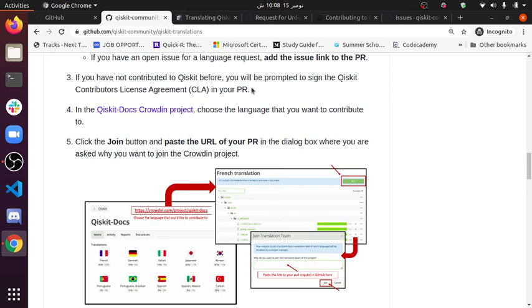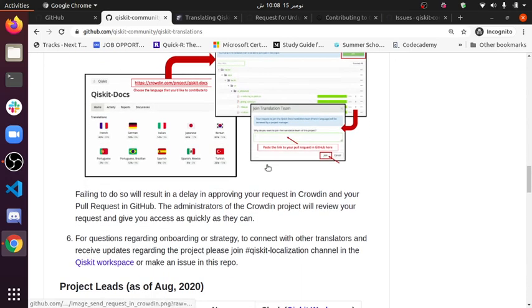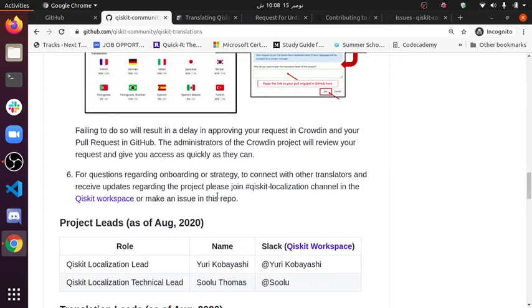Okay, in our PR we have also mentioned it, and then we have also gone to the Crowdin project and chose our language that we were interested in contributing to, and then we have joined ourselves and also pasted the URL of our pull request in the dialog box. Okay, so yeah, we are now done, and we have followed everything, and here it says that this is a Qiskit workspace on Slack.